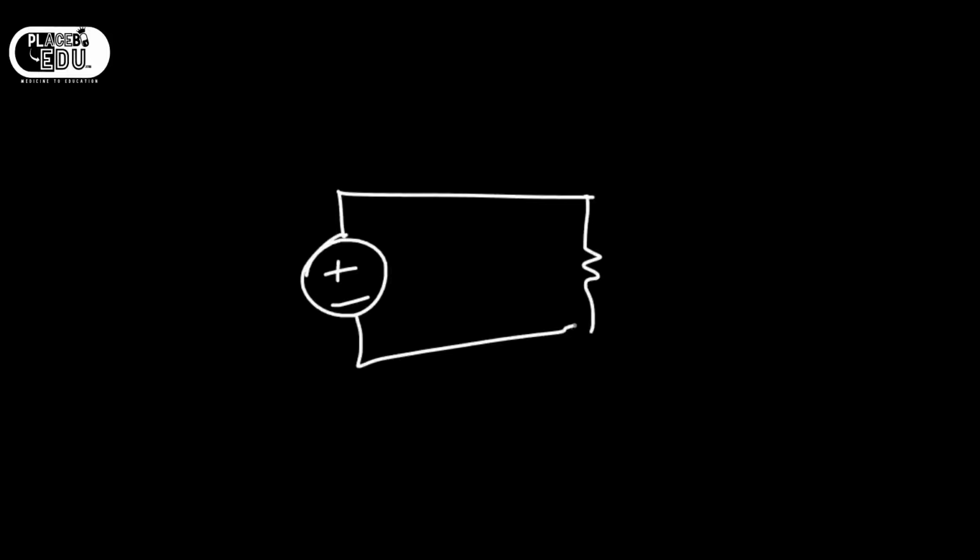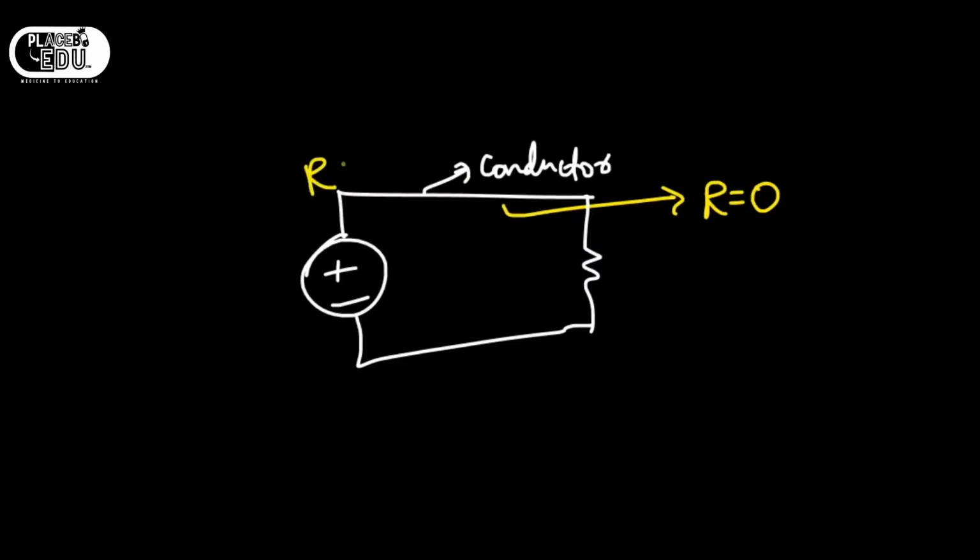In circuits, whenever we draw a line like this, it represents a conductor. Whenever we draw like this, we consider R is 0 for these types of conductors. This is a pure conductor, so R is 0. That's an assumption we have to consider in networks. Basically there will be some resistance, but for a conductor we don't consider it; resistance will be zero ideally.